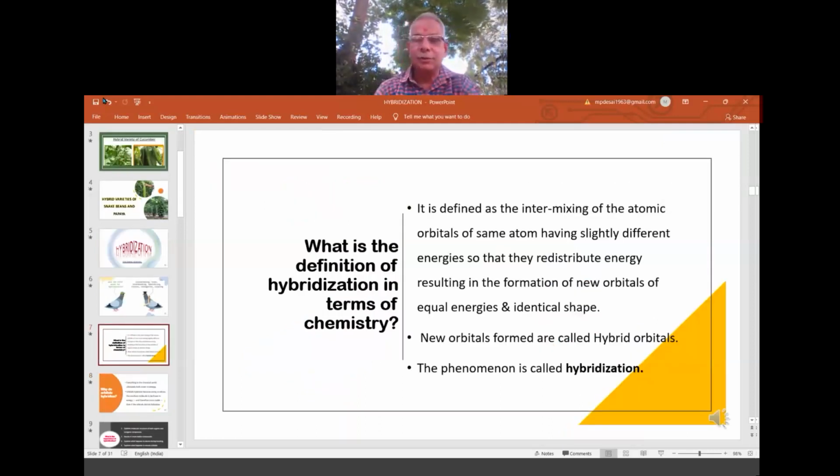So, the definition. In chemistry, especially, with reference to chemistry only now, other parts are removed. Now we confine ourselves only to the chemistry subject: how hybridization is defined and understood in chemistry. It is defined as the intermixing of atomic orbitals. Here we are mixing atomic orbitals of almost the same energy. When the energy is the same, they mix well. If the energy difference is too much, it is very difficult to mix.